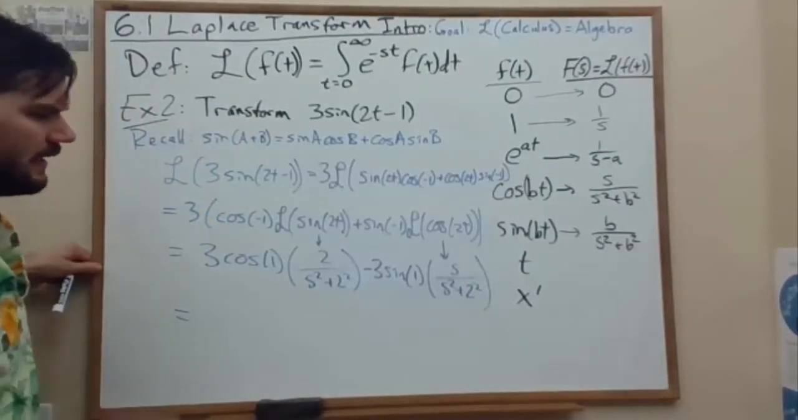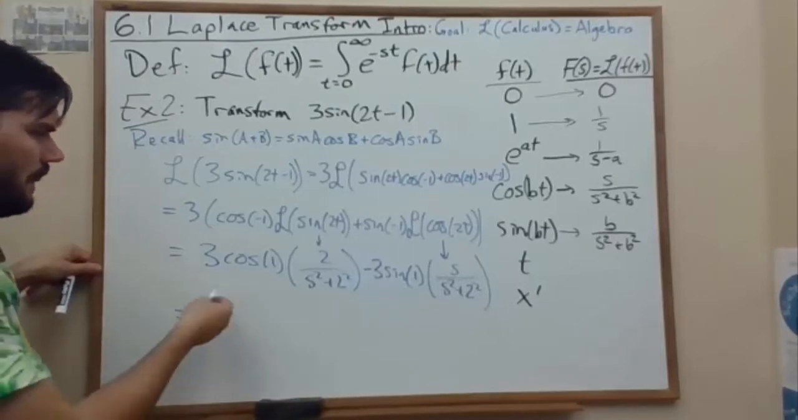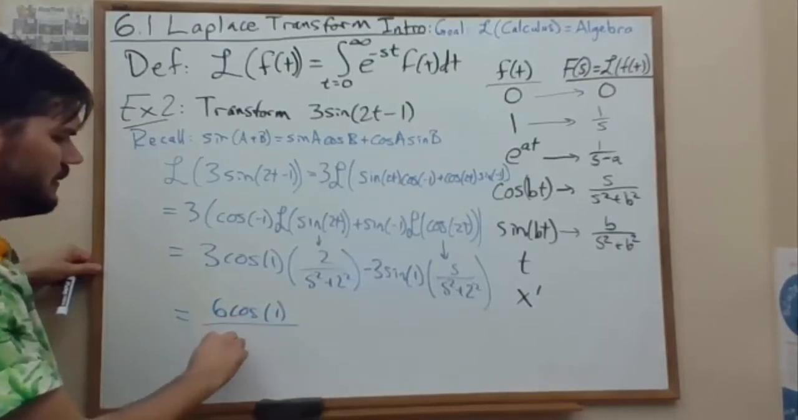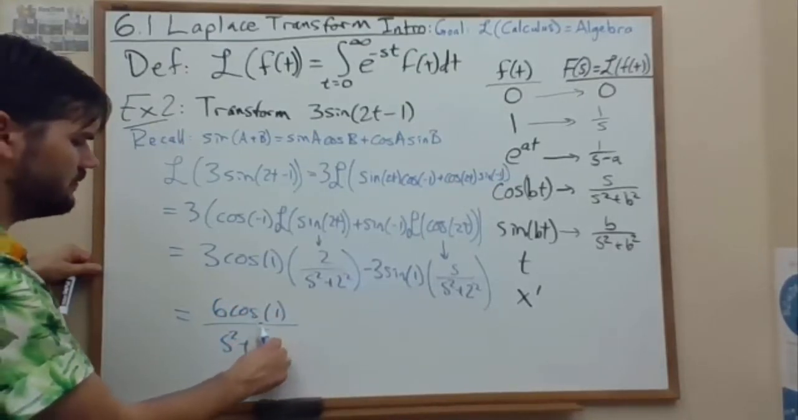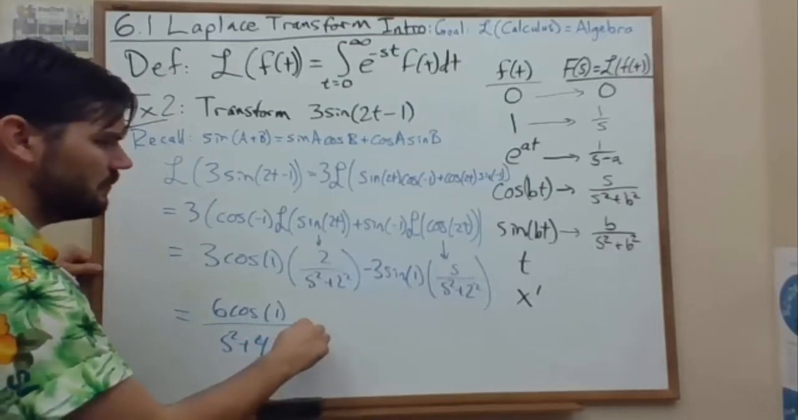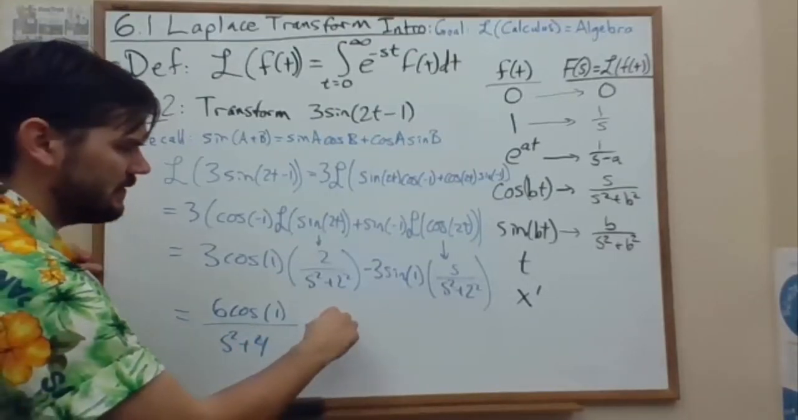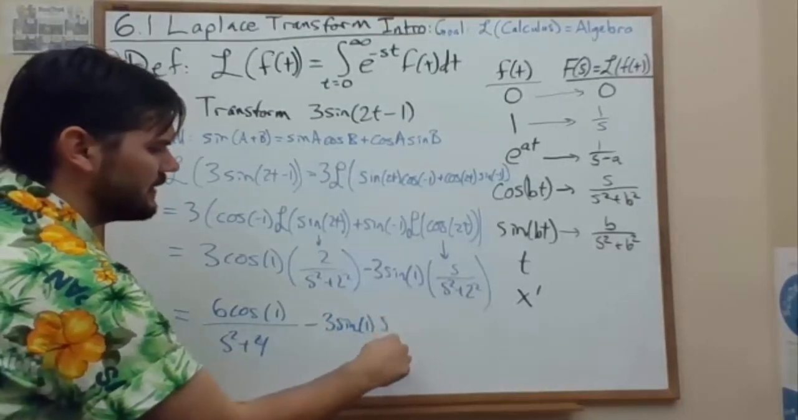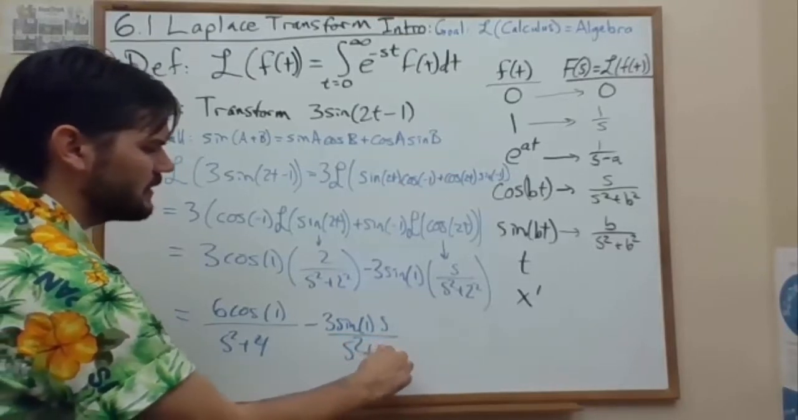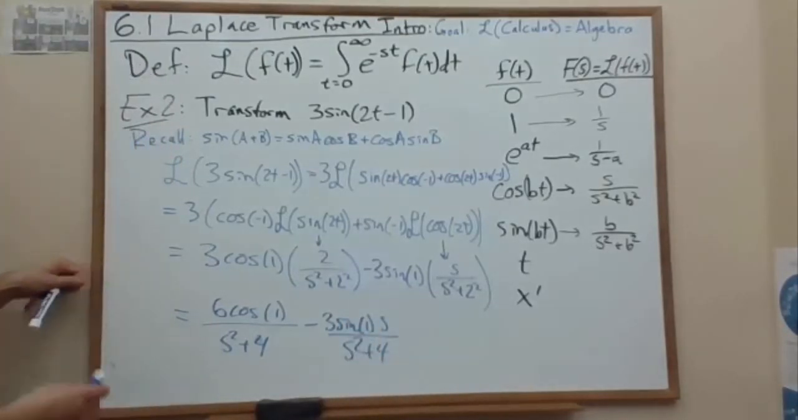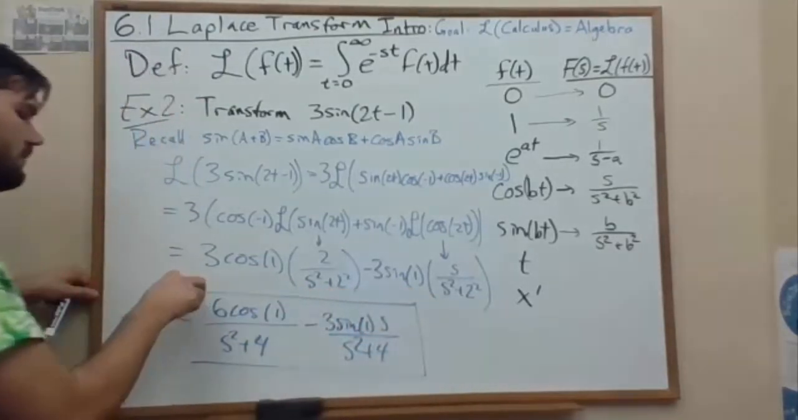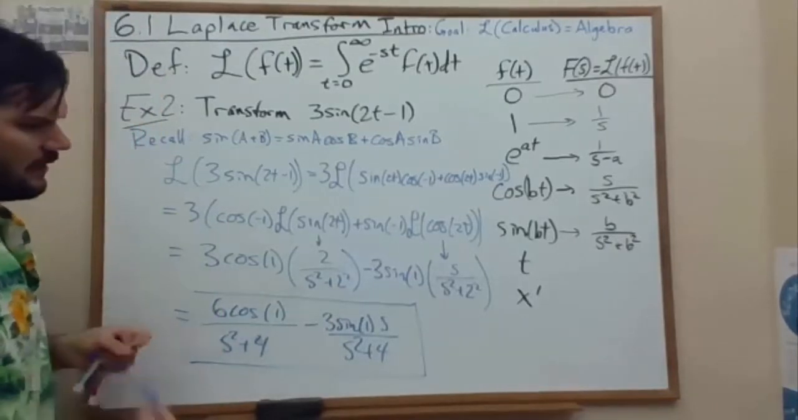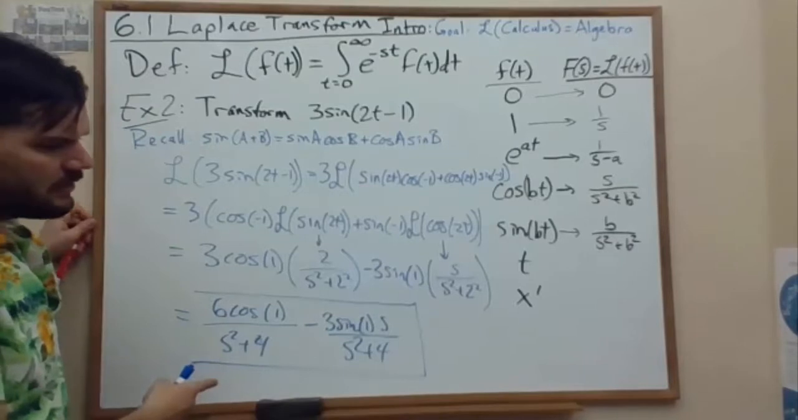And then we can combine this together. We have 6 cosine of 1 divided by s squared plus 4, minus 3 sine of 1 times s divided by s squared plus 4. And there is our answer in the simplest form, which means that we can look at this transformed version and